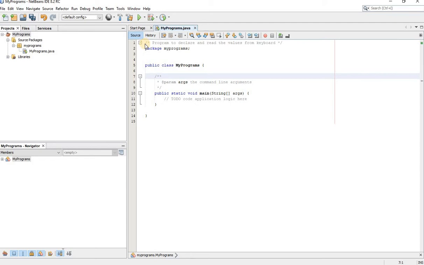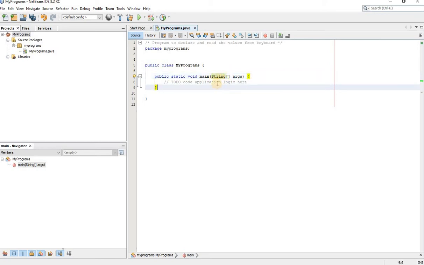Here you can see the param arguments, the command line arguments. You can see that args is the arguments. Remember, arguments are passed at runtime. As we have discussed before, Java has the capability to understand string type of data directly.